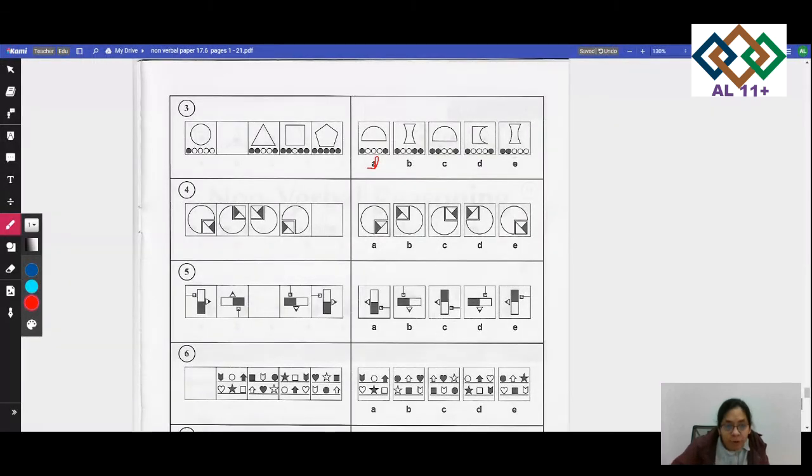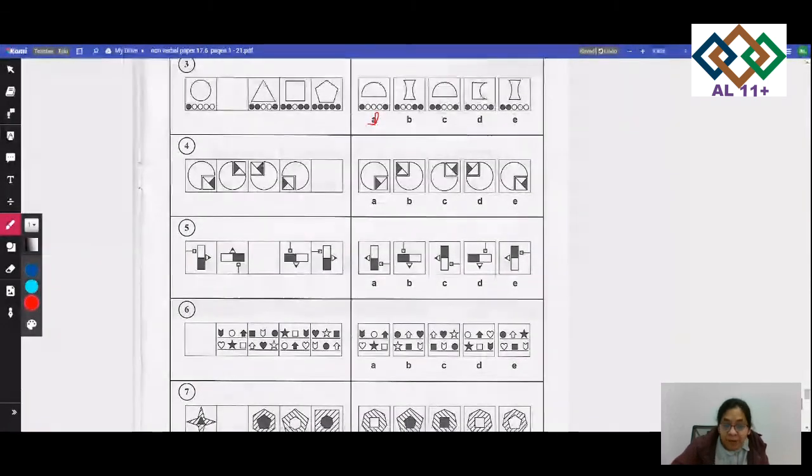Look at number 4, what's happening? Again, rotation is happening. Can you see it? So all of them are rotating 90 degrees. You know, 90 degrees rotation is something like that if you guys don't know. So all the shapes, this shape is rotating 90 degrees here, here. So the next shape would go here, down, because of the rotation, it'll be here. So it'll be E.